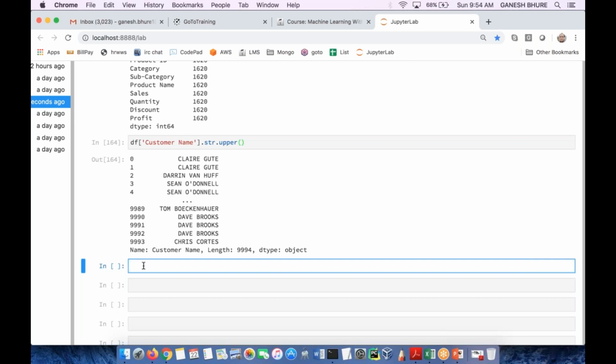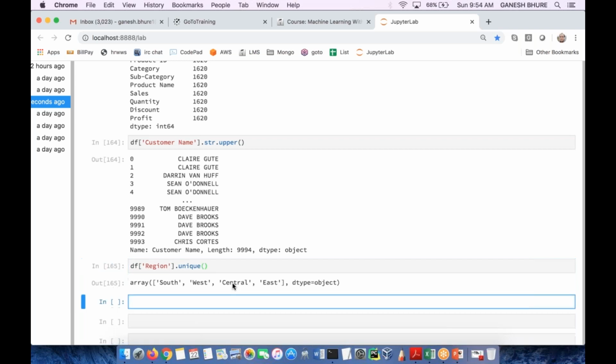Now let me also do df region, and we have seen what the unique regions here are: south, west, central, and east. These are the four regions. And now sometimes we have to